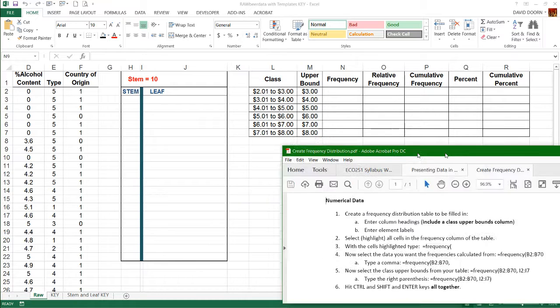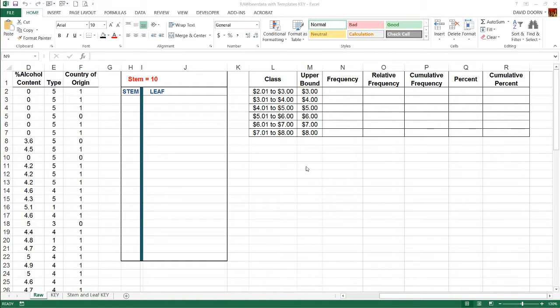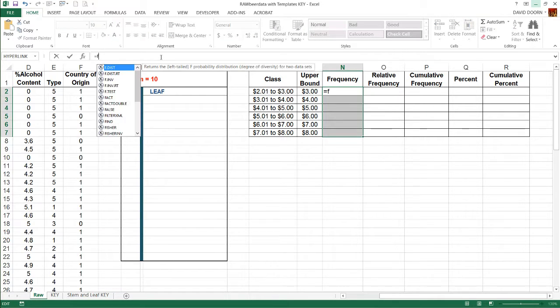Okay, so I'm going to move that, and then let's do it. So we have our headers, we have our definitions of the categories, we have our upper bounds, and then we want to choose the cells we want Excel to fill in. Okay, so those are all highlighted. Keep them highlighted. Go up here and type equals